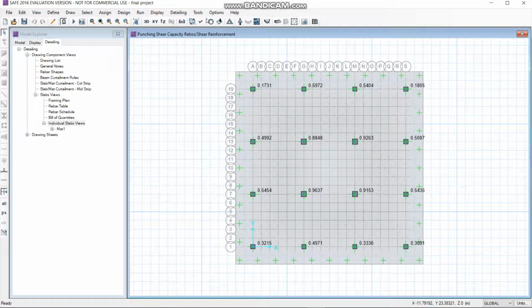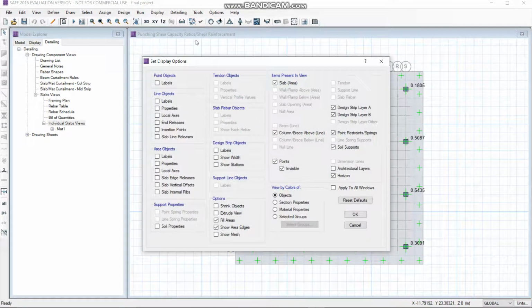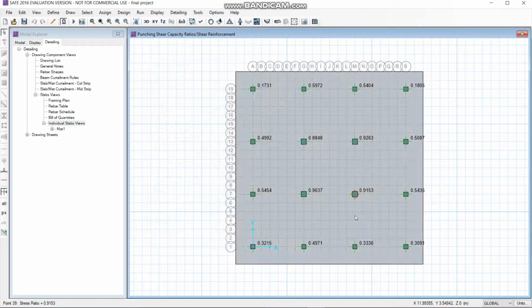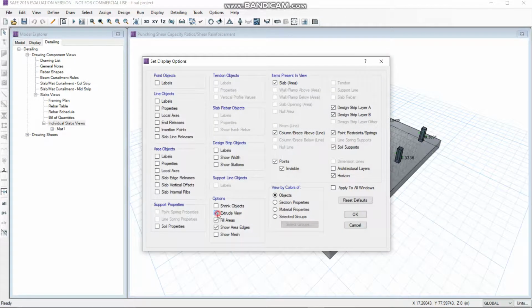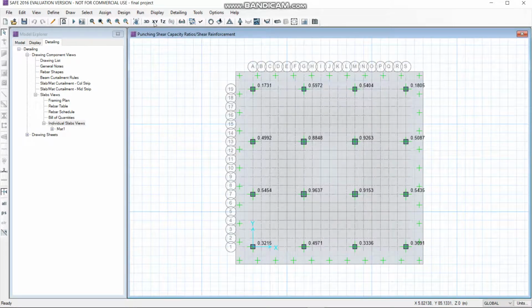Now go to show display options and click on extrude view for the 3D view of the foundation. In 3D, you can see the different types of footings according to their slab.